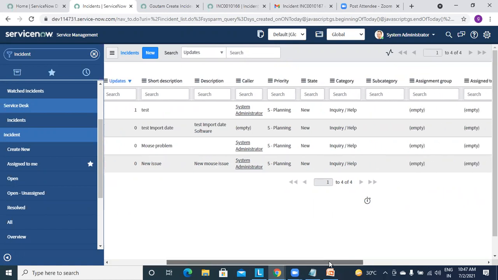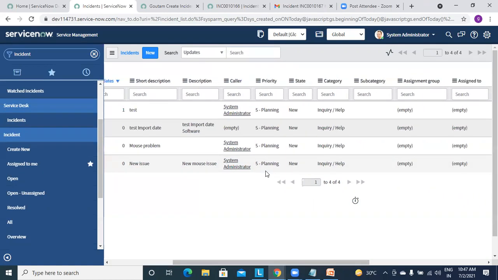We have not set anything, but why are these still coming? While creating the priority, we give some default priority. If we create any incident, it should have something as default, right? So this is by default. And anytime we create an incident, this is the default state, and this is the default category. I will open and show you how we set that default also in a few minutes.